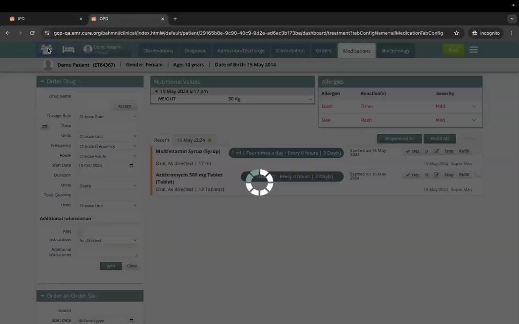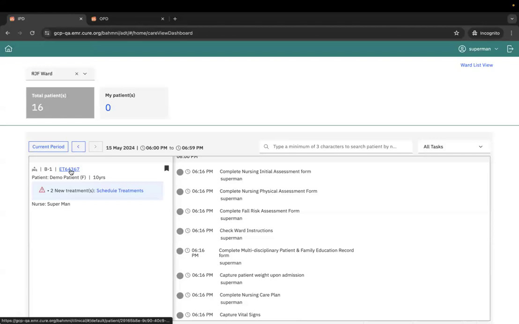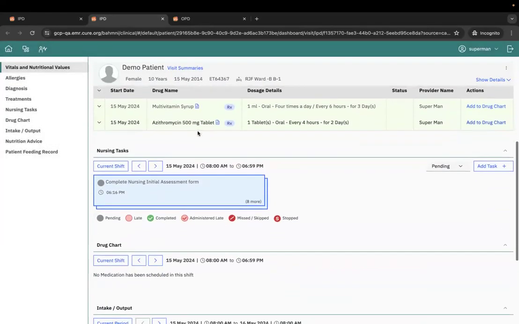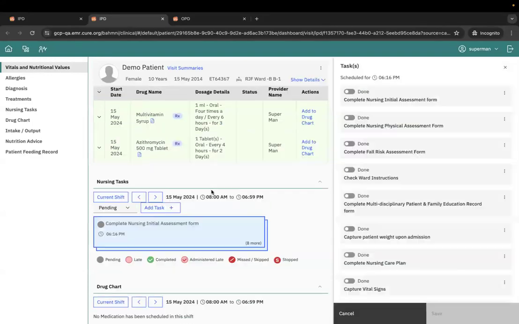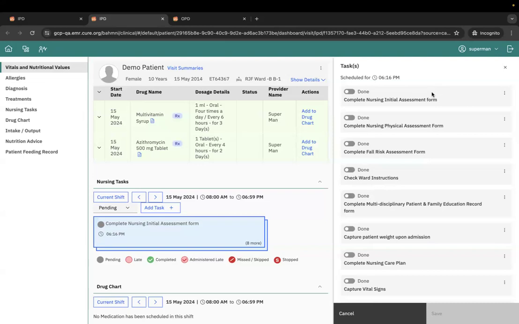So I'll quickly go to the patient dashboard. We can go to the patient dashboard from here as well by clicking on the patient ID. And once we have admitted the patient, a list of non-medication tasks will get created for that patient at the time when the patient is admitted. So if we see, we'll have all of these non-medication tasks. Some of them are one-time tasks which need to be completed only once the patient is admitted, and there are some other tasks